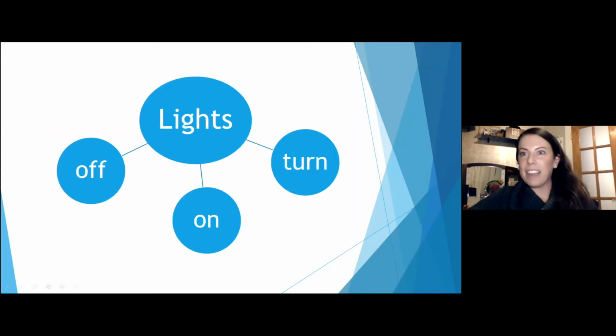So an example that I have here is one of my tougher kids that I had at the very beginning. He was not necessarily motivated by any of the toys, was really learning about cause and effect, and was very fascinated by lights. So I said, okay, lights, how can I work lights into using AAC? We're not necessarily functional with any of our communication. Okay, what do we do with lights? Well, the lights can be bright. Okay, we can turn the lights on and we can turn the lights off. And we're going to start here.